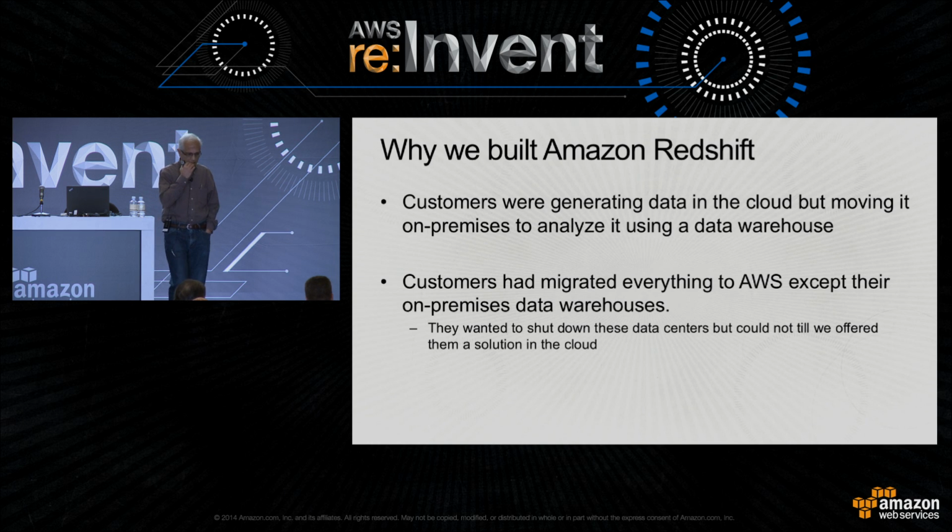And the thing that was really interesting at that time was that we had a pretty big customer of ours, and they were generating terabytes of data, tens of terabytes of data every day. And they had no way of analyzing it because there was no data warehouse available. And they were taking it from the cloud back to on-premise, and they were running one of those old, expensive data warehouses, analyzing it, and then bringing the results back to their application running on AWS. And we thought that was kind of backwards. It makes no sense to have the data be born in the cloud and then have to go to the on-premise just because such a service wasn't available.